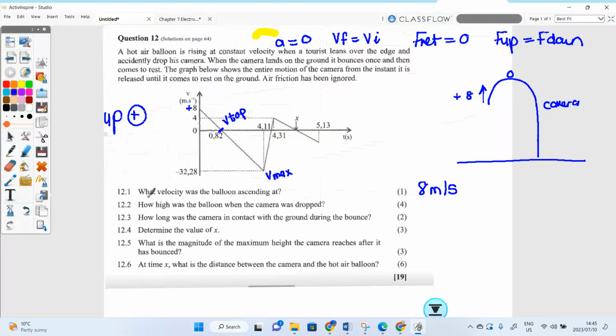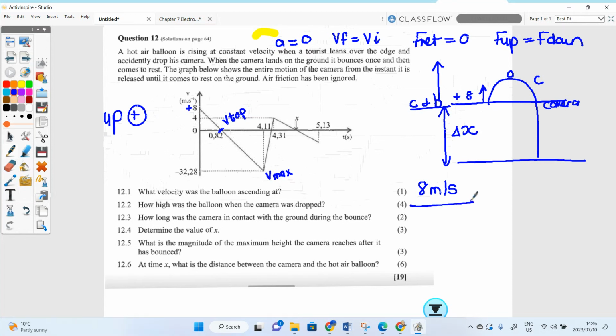Now let's see. It says, how high was the balloon when the camera was dropped? Do I have information for the balloon? The only thing you know for the balloon is that it's going at a constant velocity of 8 meters per second, but you know nothing else. So you don't have enough information for the balloon. But you know that the camera and the balloon at the point when the camera was dropped were at the same place. The camera did this. The balloon just kept on going up. But this displacement here